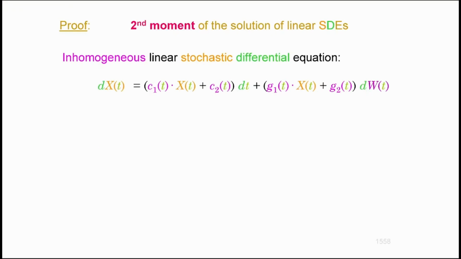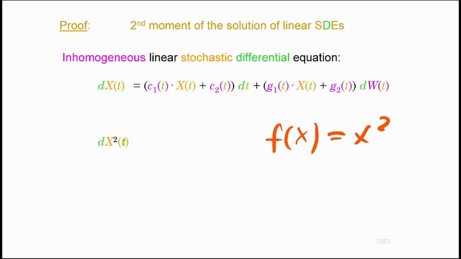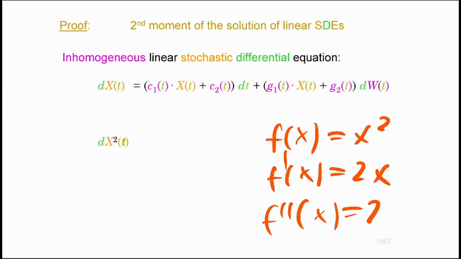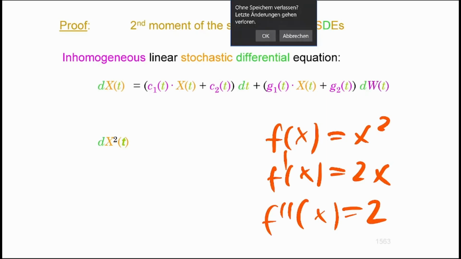So these are the things where you have the expectation operator breaking in. Now, before you do the second moment, I want you to do Ito's lemma again. We would do Ito's lemma for the parabola. Okay? So when you have the parabola, the first derivative is going to be 2x with respect to x, and its second derivative is going to be 2. Okay, so keep that in mind when you deal with that, because you will need to have that for Ito's lemma after all.